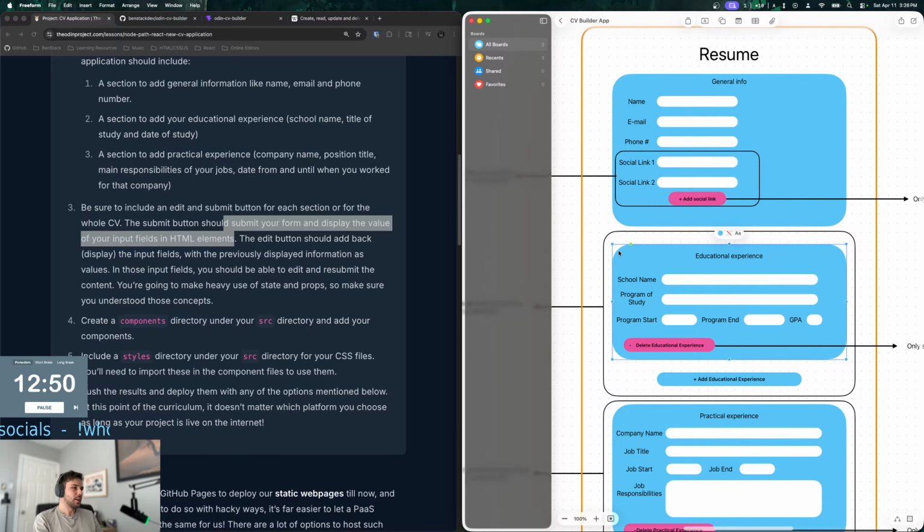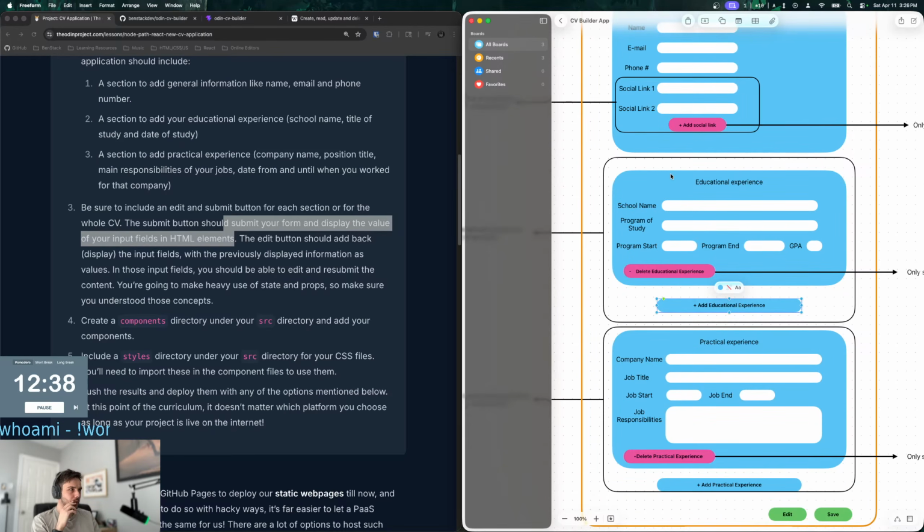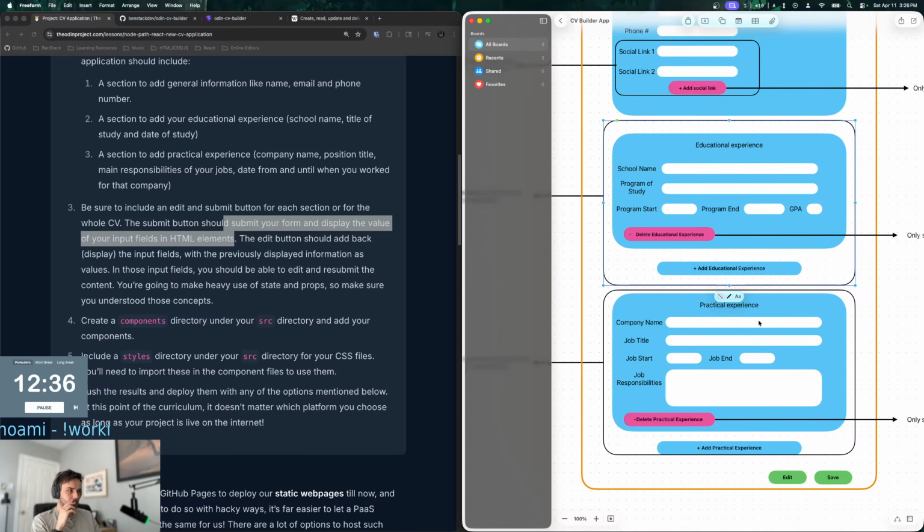Each educational experience section is its own component, and then this will be its own component within this component, or at least it'll be a button within the upper component. And then this will be its own component with multiple of these, right?